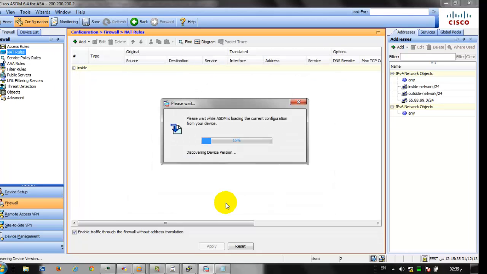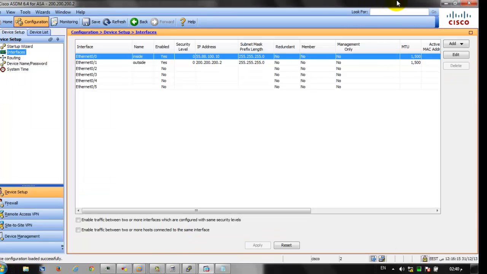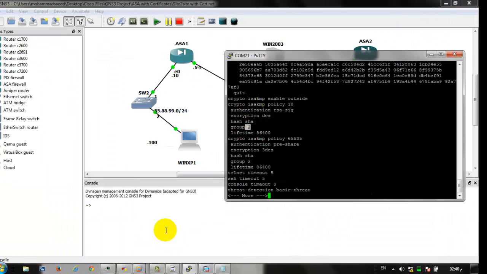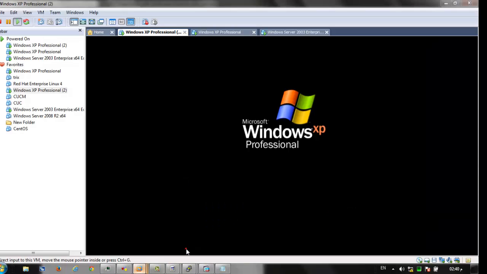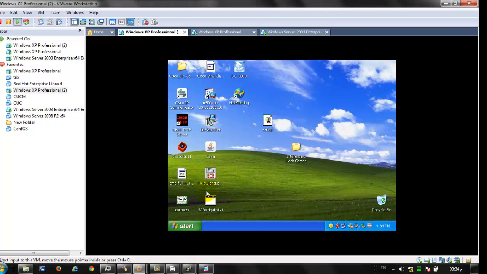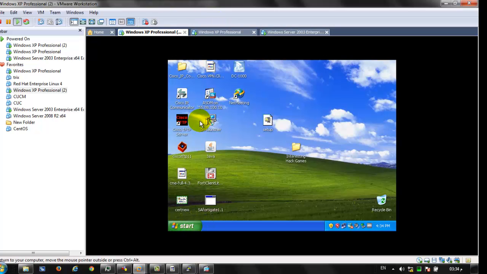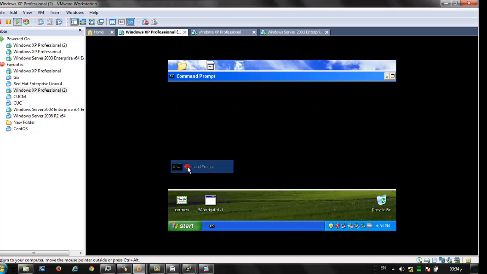We are going to test it. I hope it will work from the first time without any troubleshooting. So I hope that. Okay, everything is okay, I think. Minimize this one. I will go to Windows XP2 here. Now let's test it. Go to this PC, go to the command prompt, CMD, and ping to